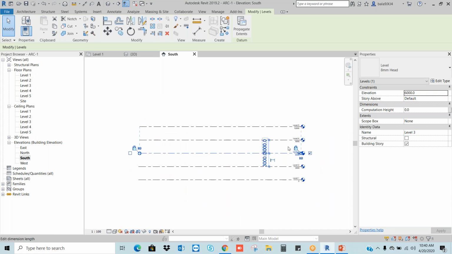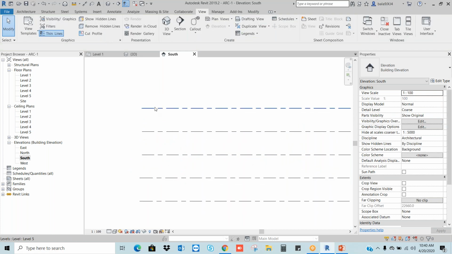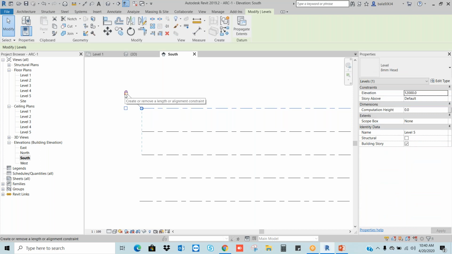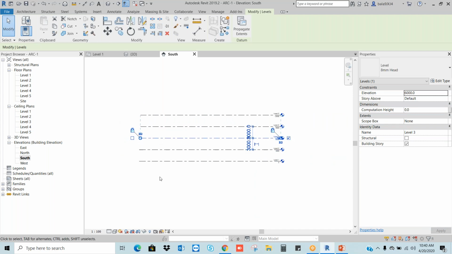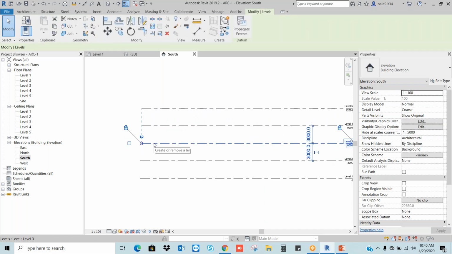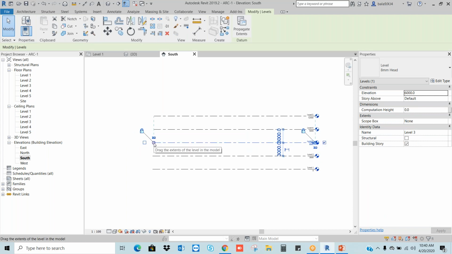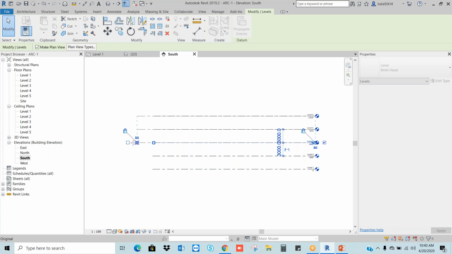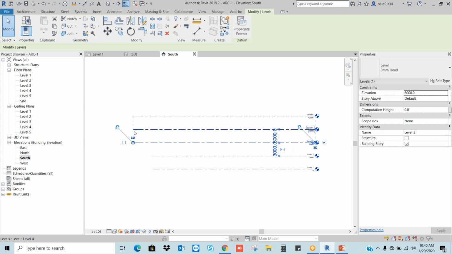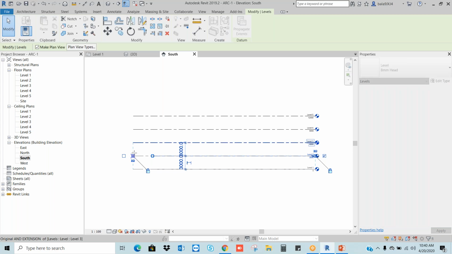If you observe these grids, when I select a grid, I get a lock symbol. The meaning of this lock symbol is, for example, I selected this grid and I want to extend it. I hold the small circle and drag, and all three that I drew can be extended. These are not extending, and I want to align with this, so again I will lock this symbol.